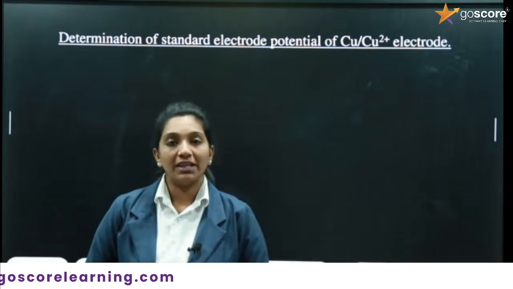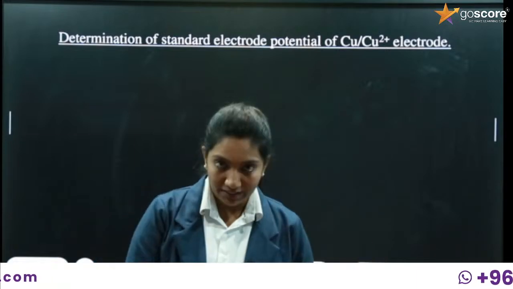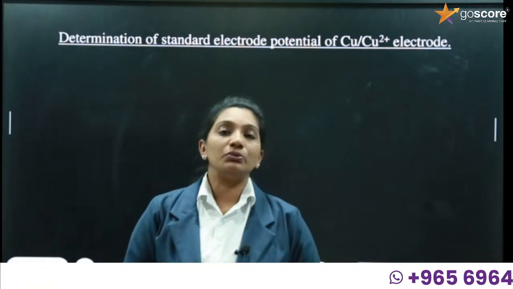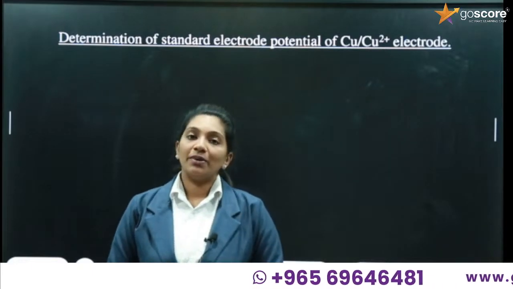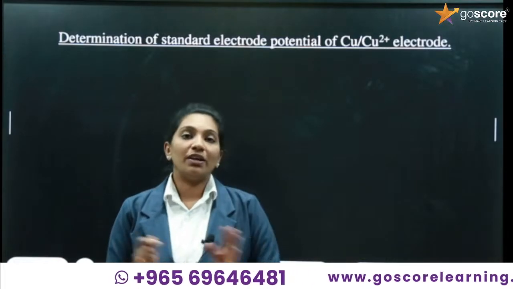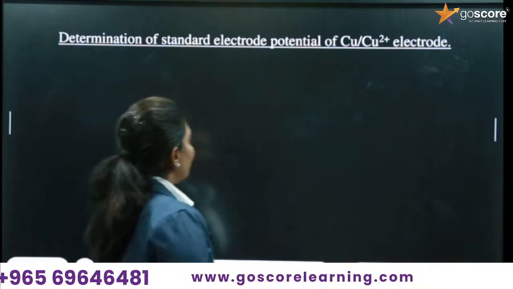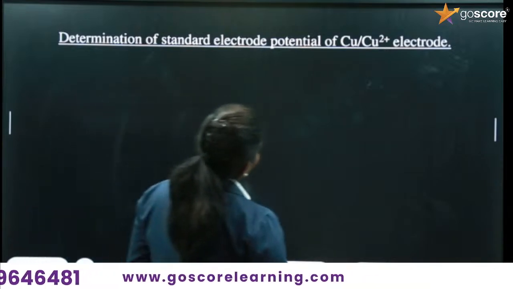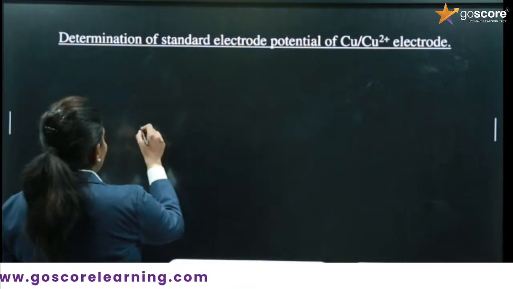Same way, we will be taking the standard hydrogen electrode as the second half cell, connecting the two half cells with the salt bridge, and the reading and the flow of the electron will indicate which one is acting as the cathode and which one is acting as the anode. Let's see how we can determine the standard electrode potential of copper. So for copper,